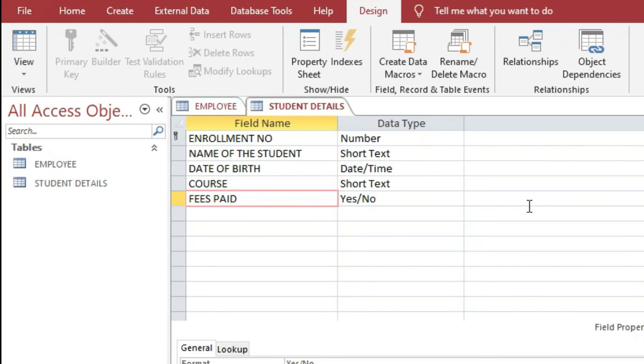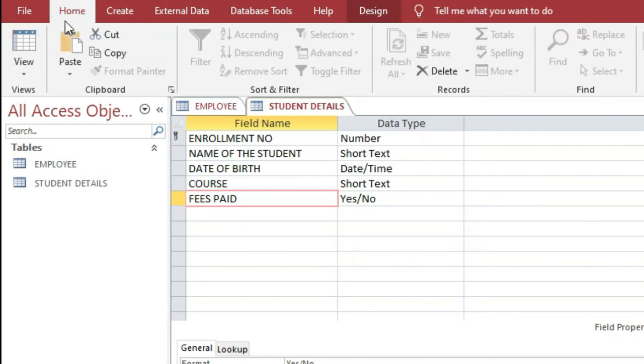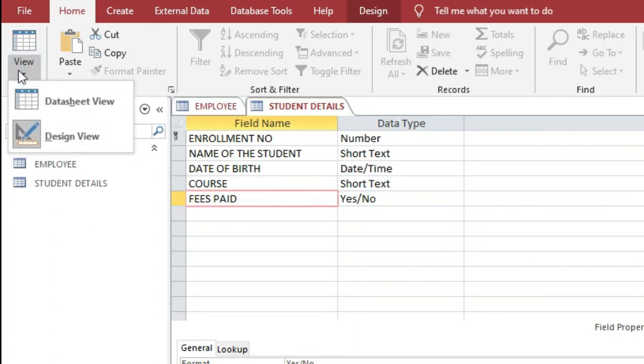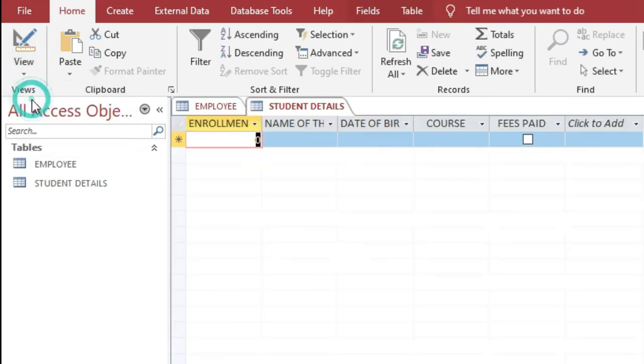To enter data in a student record table, we are trying to follow the steps. At first click on the home tab, then click on the arrow on the view button to open its drop down menu. Here we are clicking on the datasheet view.